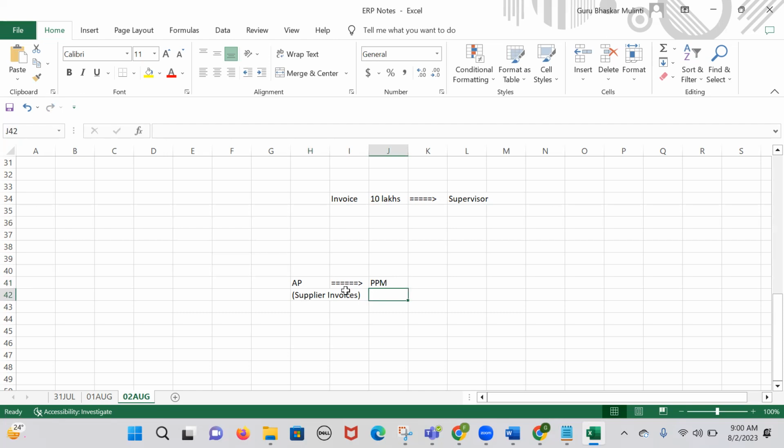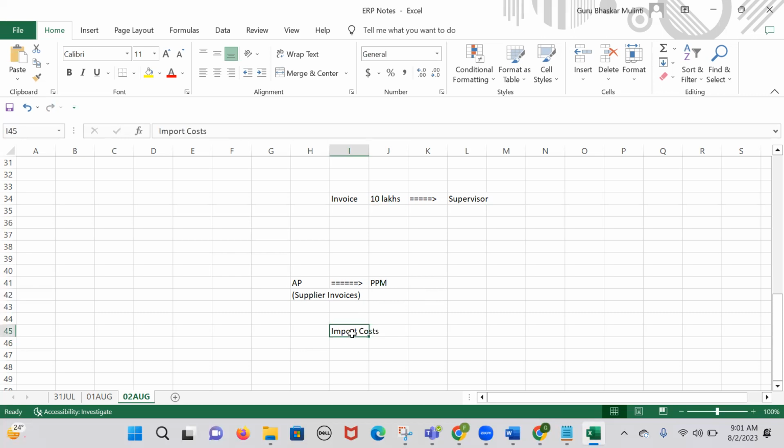How are you going to import the supplier invoice, which is created in the account payables module, into the PPM module? These are two modules. This is from a financial module and this is for the projects module, I mean to say the PPM module. Both are different, but I want to import the invoices from AP into the PPM. How is it possible? I have to run the import cost program. Import cost is the program given by Oracle, and whenever I run this program,